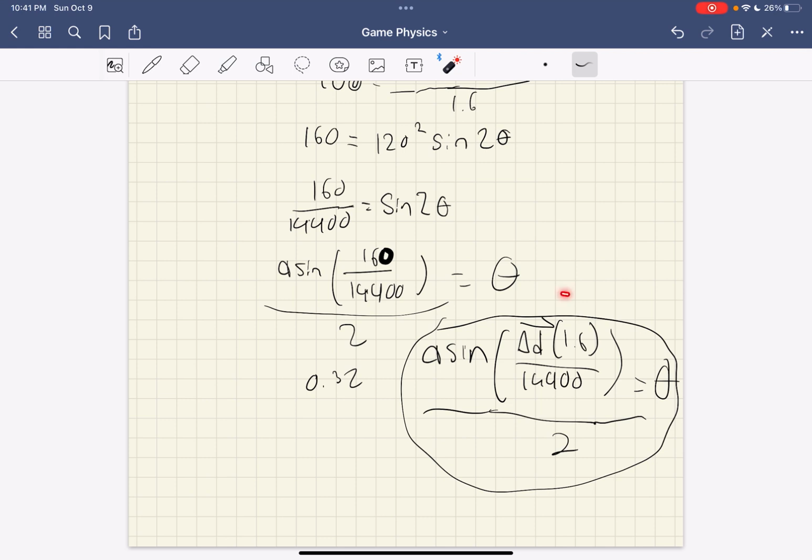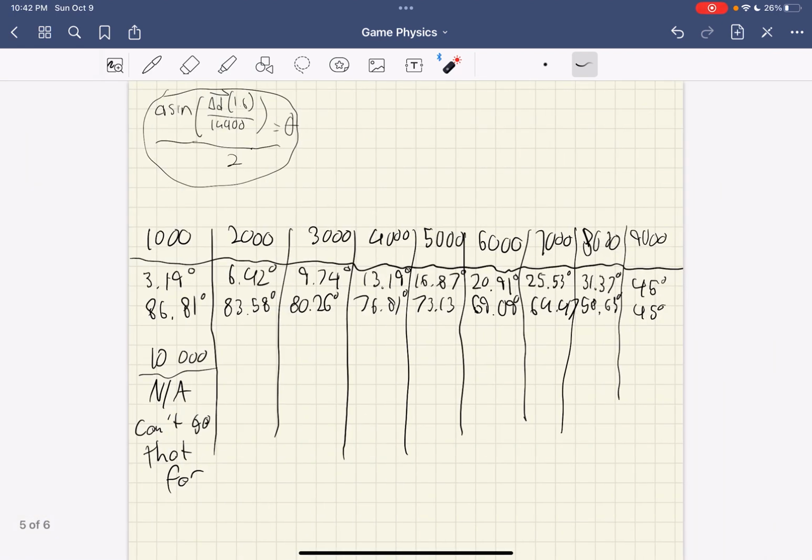So I rearranged the equation, and it gave me inverse of sine of the distance times 1.6 over 14,400 over 2 equals theta. And knowing that, we can move on to part 3, which